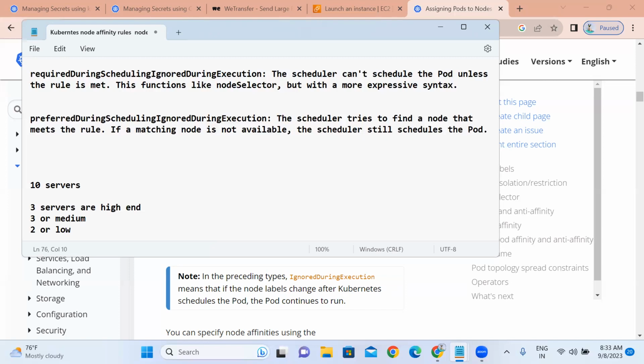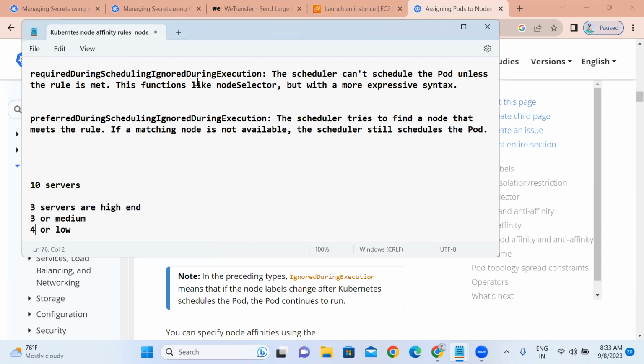If those high-end servers are not available, then better to go for medium. If those are also not available, then low. So if I give only high end in the required during scheduling,